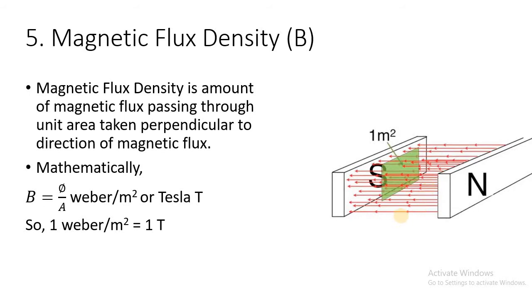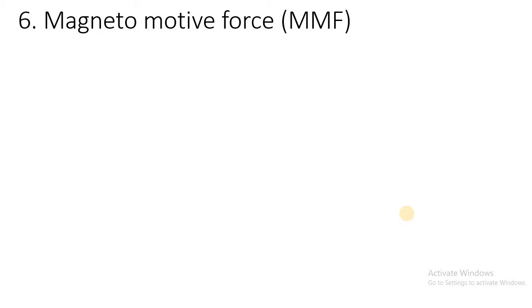Okay. So now the next is magnetomotive force. What is magnetomotive force? There are two forces we see in general in physics. You might have come across MMF and EMF. MMF is called magnetomotive force and EMF is called electromotive force. EMF we deal with in electrical circuits and MMF we deal with in magnetic circuits. So now the unit is going on with the magnetic domain. So we will see the magnetomotive force.